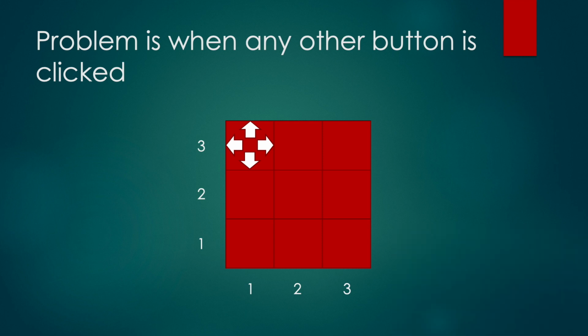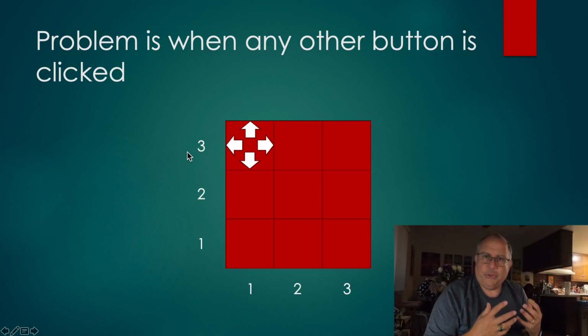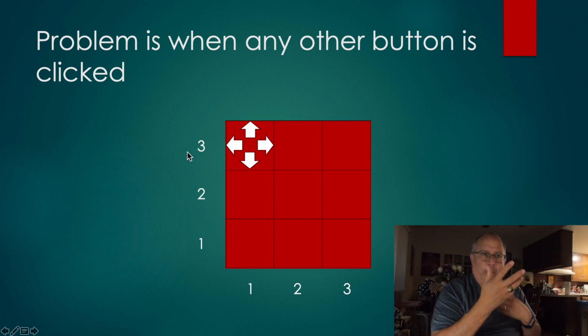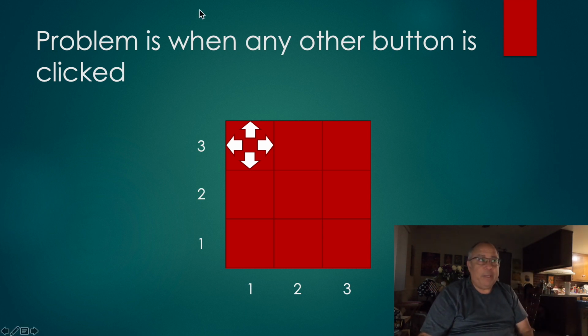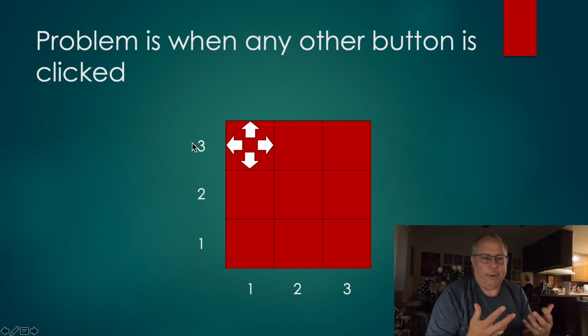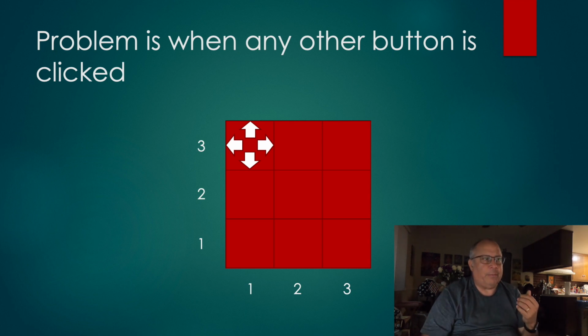Here's the problem. If the user clicks a button on the upper left-hand corner, well, certainly we can swap a button below, certainly we can swap a button to the right, and we can swap the one that was selected. Here's the problem. We don't have a button above, we don't have a button to the left. So this approach of swapping the one above, below, to the left, to the right, and the one that was actually clicked does not work in this scenario because 2 of the buttons are missing. Professor Solis, we don't have a button above, we don't have a button to the left, so this approach falls apart. Well, maybe not so fast. Maybe it doesn't fall apart so fast if we do something elegant.